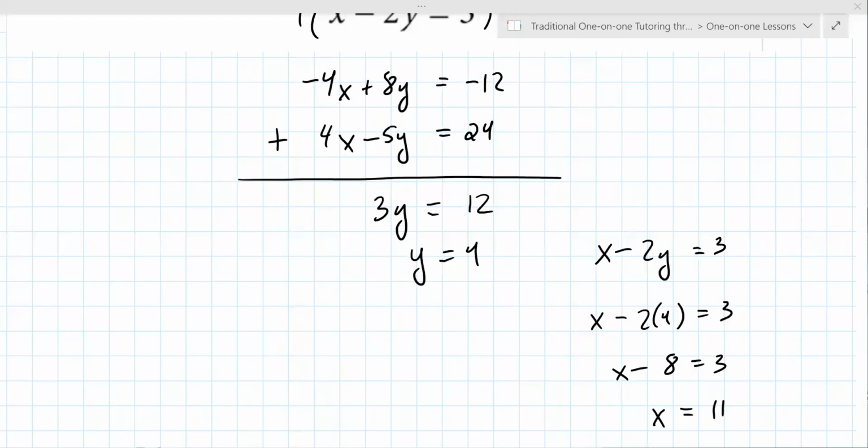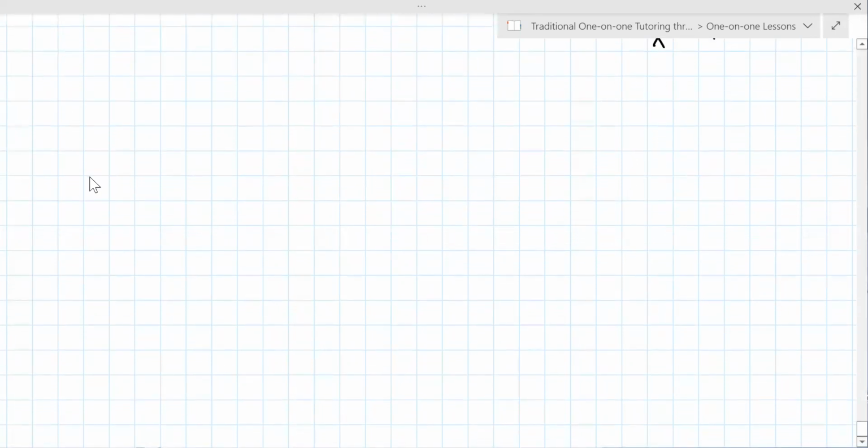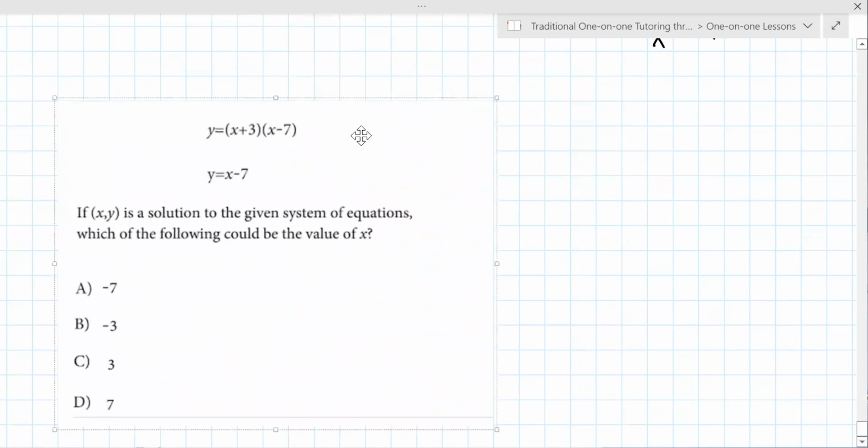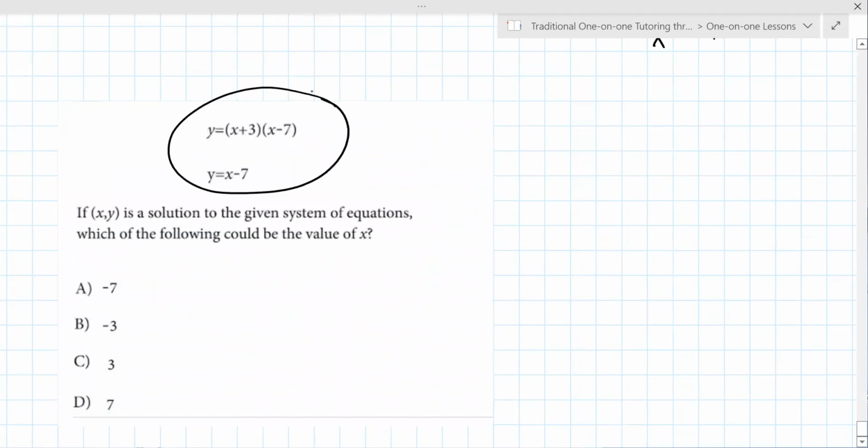All right, last question we'll look at for tonight. This one's kind of interesting. It is a system, but it's not a traditional system. It uses kind of a weird substitution. If you look at the top, you actually can substitute y in for x minus 7. So it's really weird, but just go ahead and watch here. It's y instead of x minus 7. And you're like, why would I ever do that? Well,